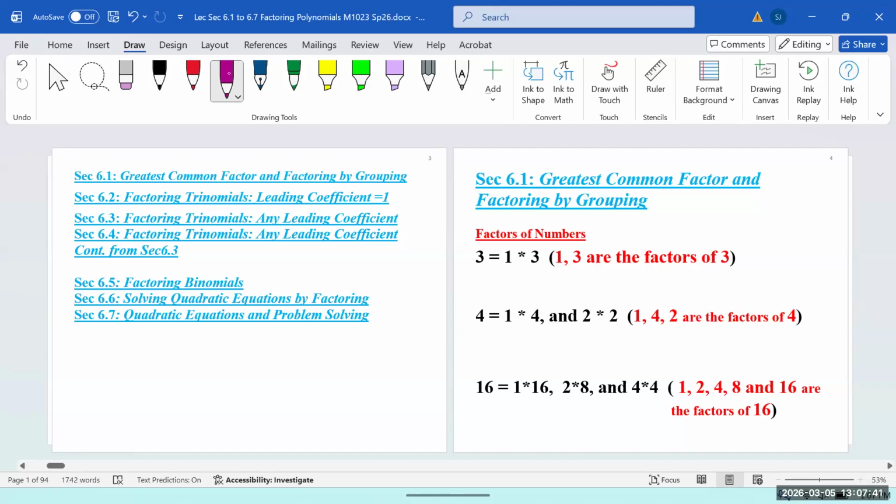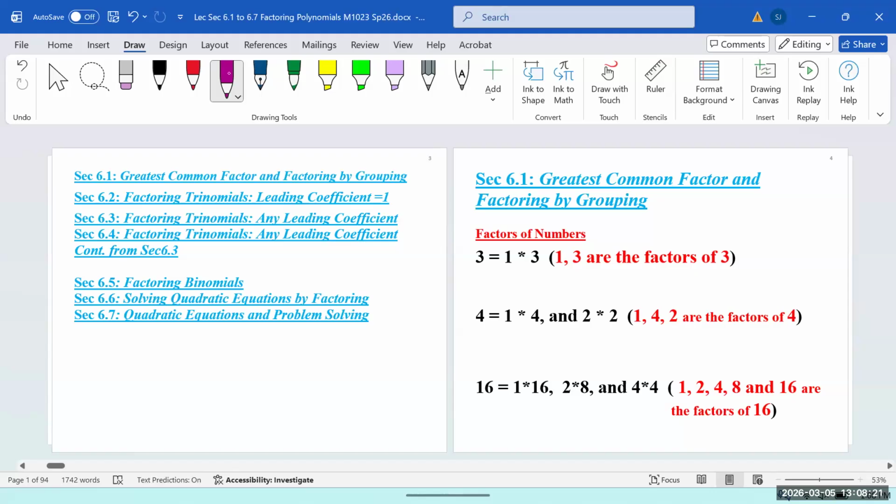So the baby thing is, what is a factor? Or what are the factors for anything? How do you find factors? Well, factors are the things that you can divide anything by. For example, 3 is only divisible by 1 and 3. That means 3 has only two factors, 1 and 3. Also, if you multiply 1 and 3, you get 3. So the cool thing about factors is that if you multiply your factors, you're supposed to get the original thing back. If you don't, that means something is wrong.